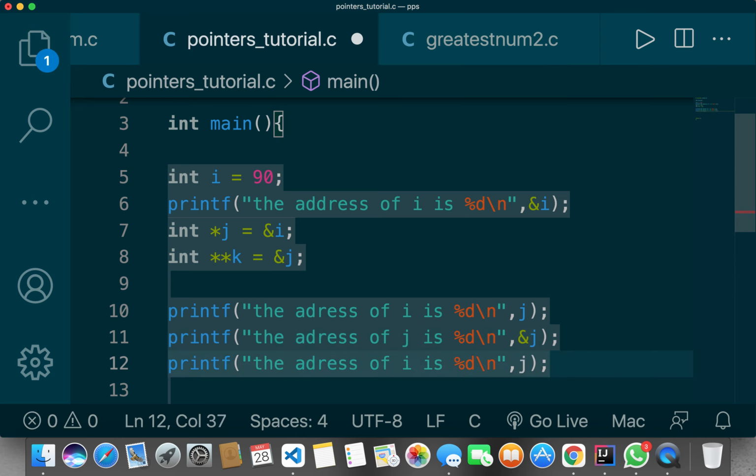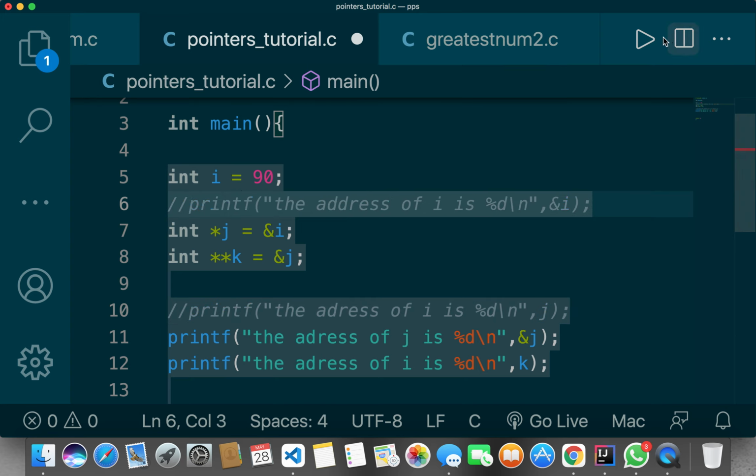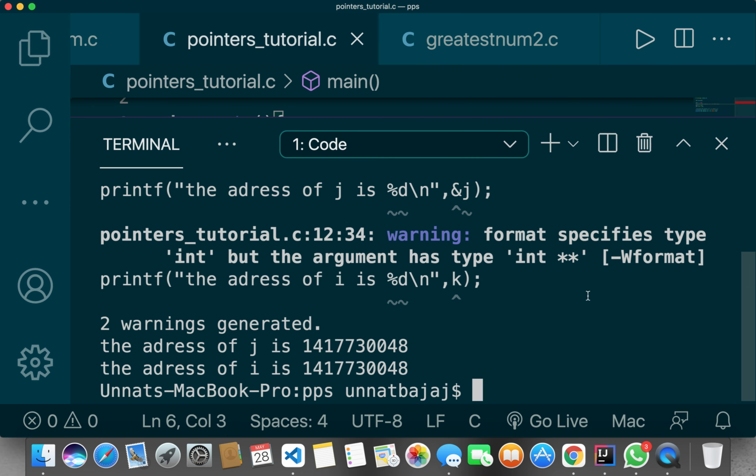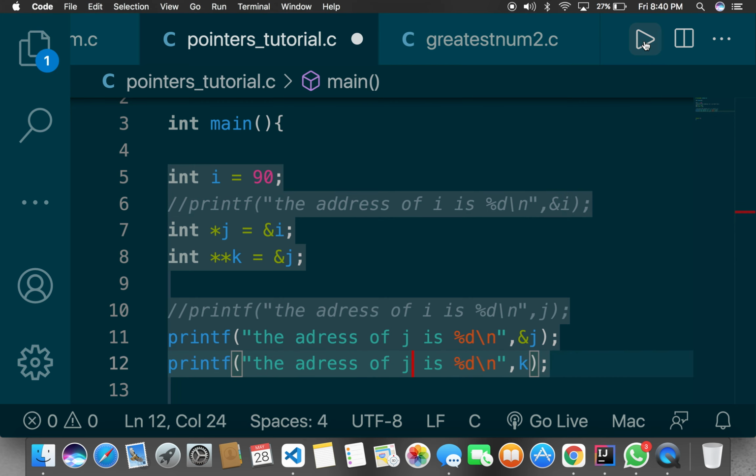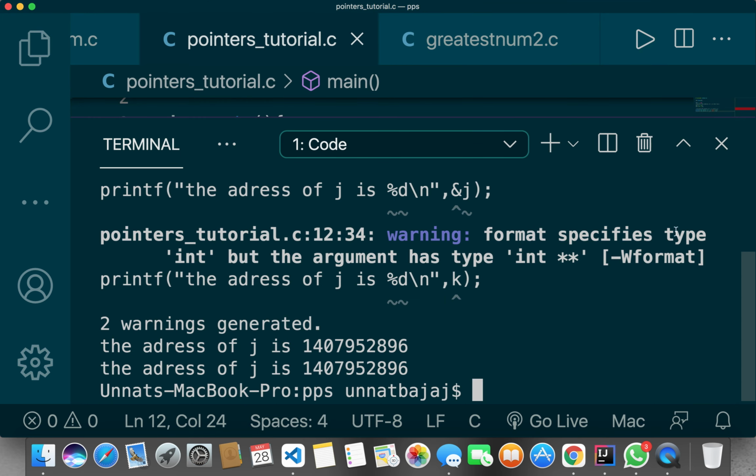Then let's do this by using just k, and let's comment the i one out. Let's try this. See, the address of j is 14 ending with 048, and the address of j is, oh, I forgot to change the name here. So it's the same. So now you're storing the address of a pointer inside another pointer, and that's the whole point.